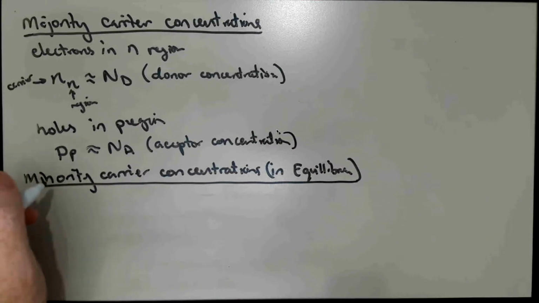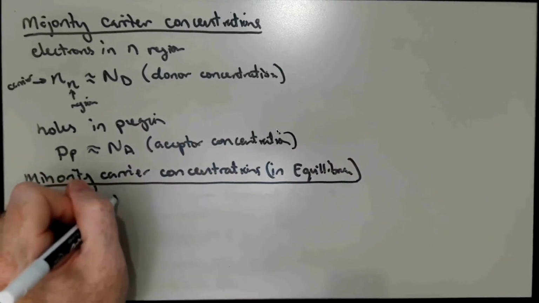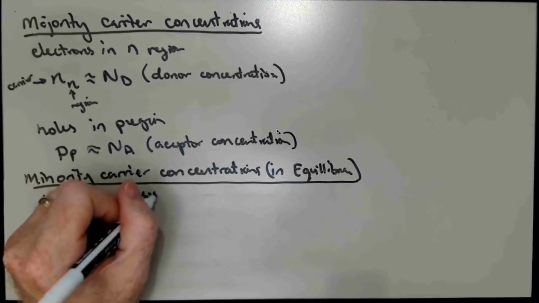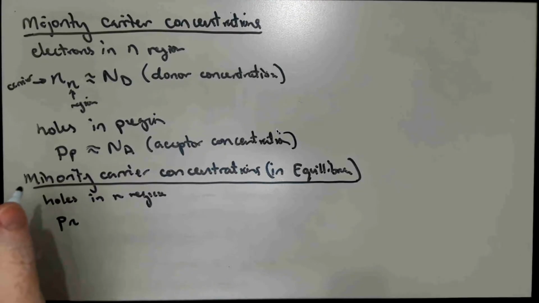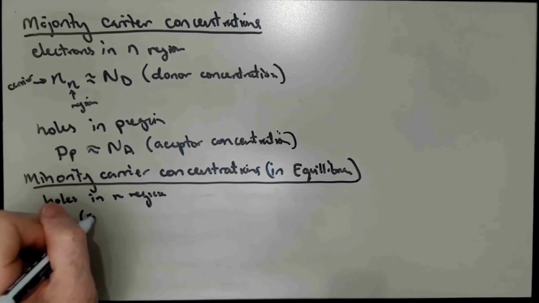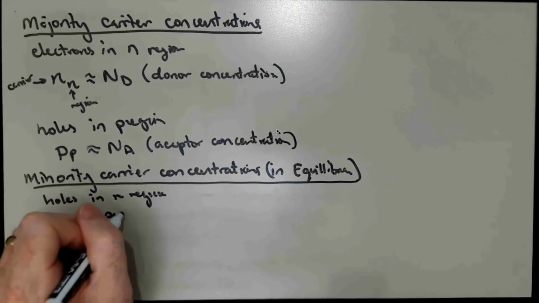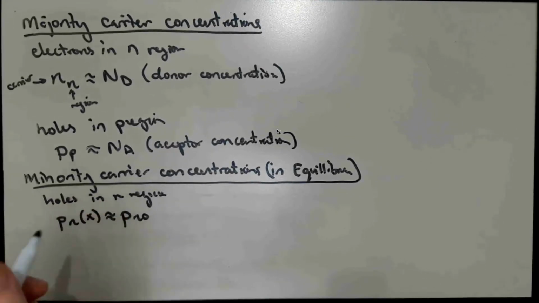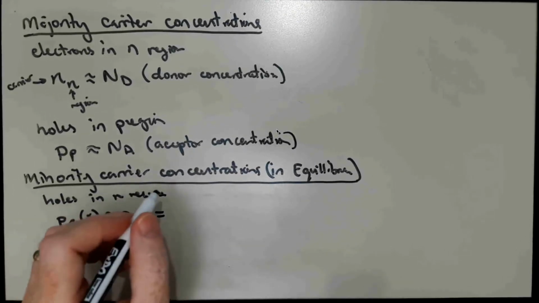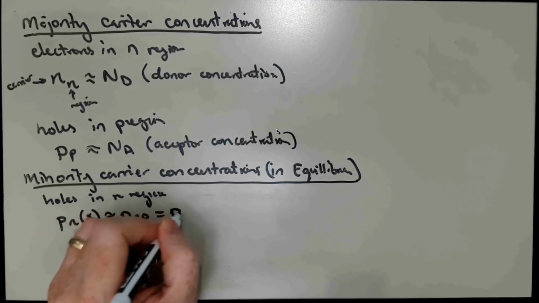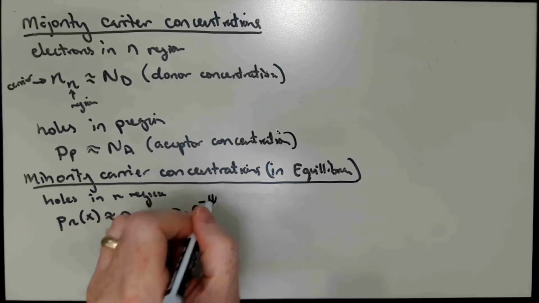So we have holes in the N region. We denote that by P sub N. And as a function of position, this is approximately just a constant, P sub N0. And this is really, by the Boltzmann distribution, P sub P times e to the minus the built-in barrier height